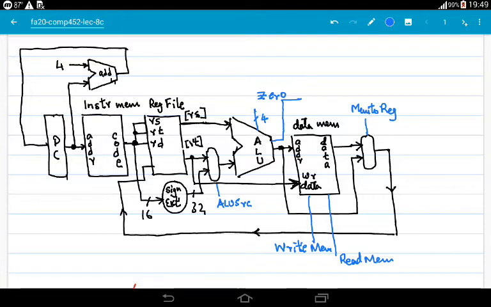And now it knows whether the branch is to be taken or not taken. If it is high and the instruction is a branch instruction, then the branch is taken. So basically the signal goes into an AND gate. This zero signal goes into an AND gate, and the other signal comes from the main controller,